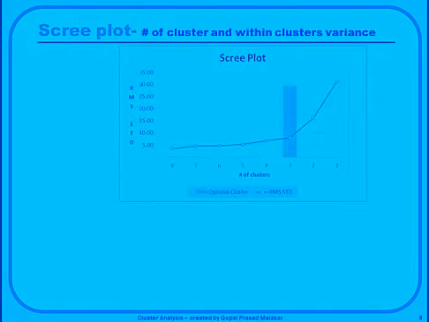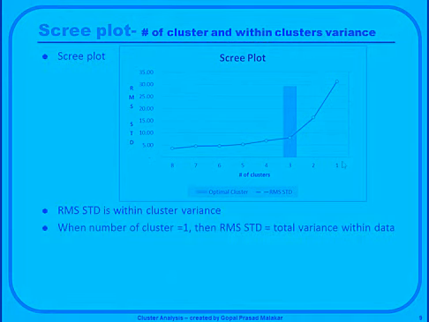So let me quickly talk about what a scree plot is. A scree plot is the number of clusters against within-cluster variance. So here you have 8 clusters, 7 clusters, 6 clusters like that, and here you have within-group variance. You take all the clusters, find the variance within each cluster, and sum up all the within-group variances. That's what you put here. If you plot it this way, when you have just one cluster, every observation is within that cluster. At that time it is the total variance that you will see, because you take the mean, and the total variance comes here.